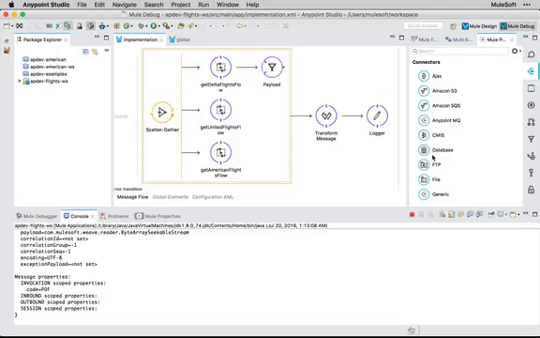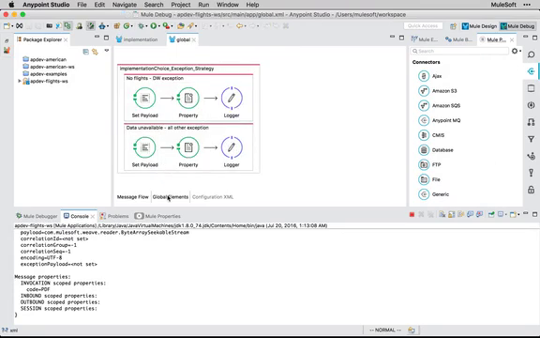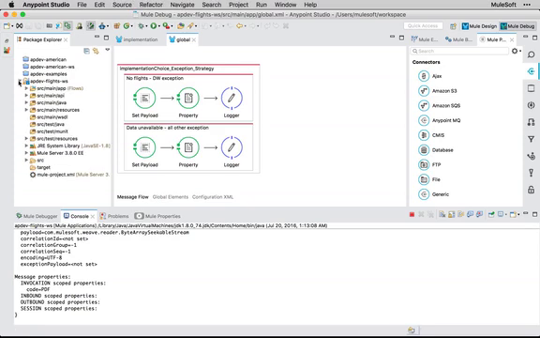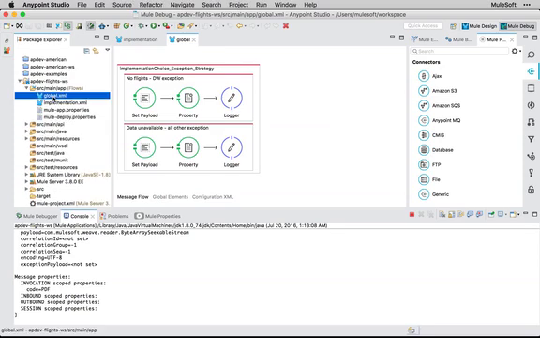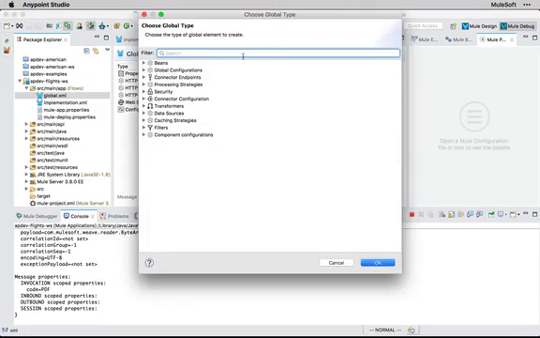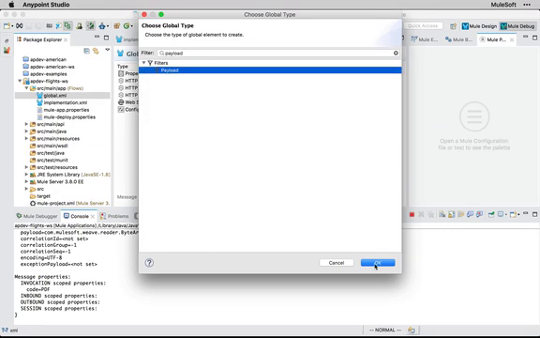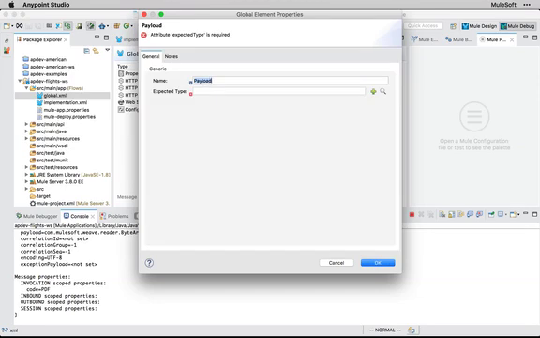To do this, we'll go back to Anypoint Studio, and inside of our global XML, we're going to go to the Global Elements tab. And again, if you didn't have Global Elements open in your tabs, you can just go to Source Main App and double-click on Global XML. We'll go to the Global Elements tab, and we'll create a new filter inside of here. Now, this will also be a payload filter that we'll be creating, so we'll hit OK. And the name of this filter will be Filter Not List. And the expected type will be java.util.List. So this way we can define the filter once and we can reuse it in all of those scatter-gather routes